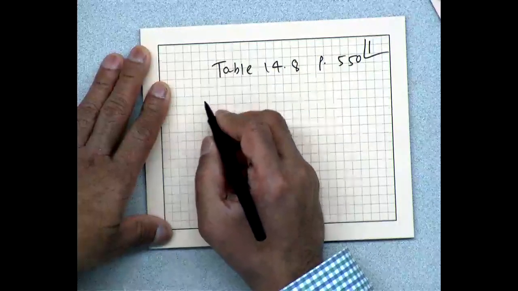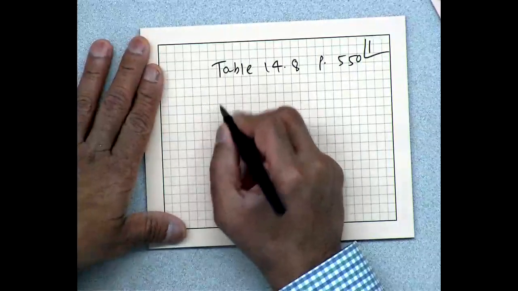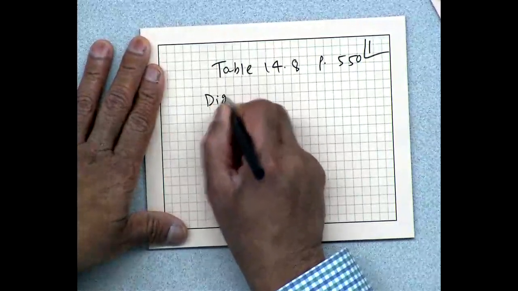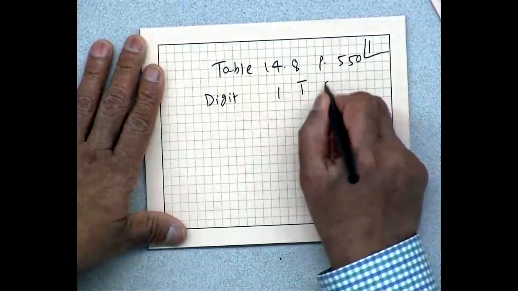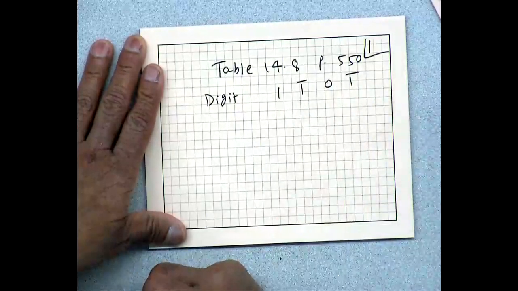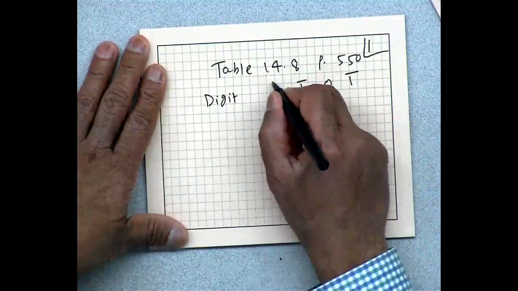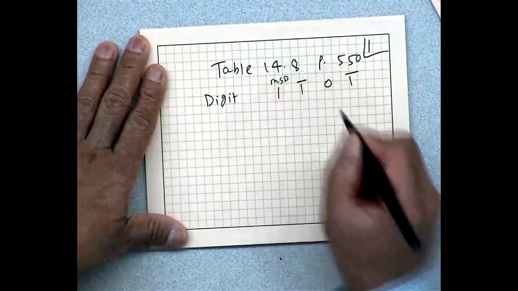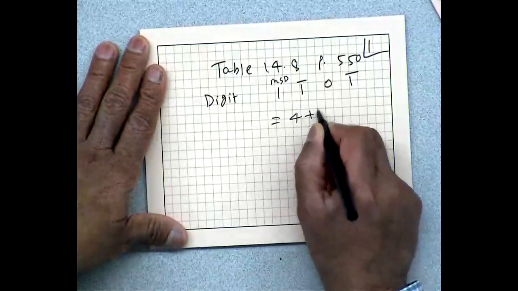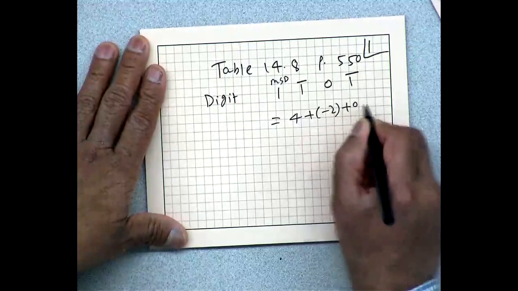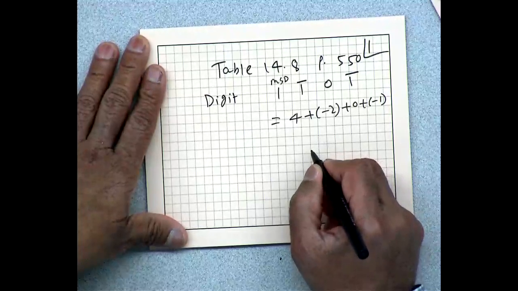So we are trying to convert the digit 1, 1 bar, 0, 1 bar. Okay, so that's the digit, and this is the most significant digit. So what's the real value of this? This is 4 plus minus 2 plus 0 plus minus 1, which is going to be